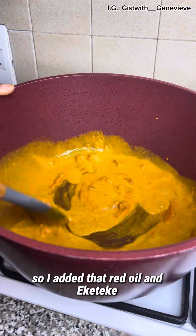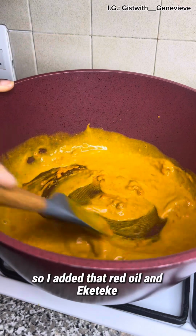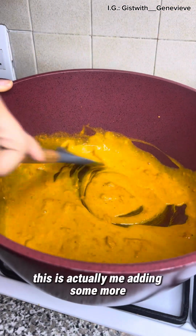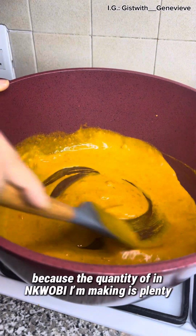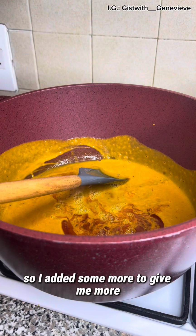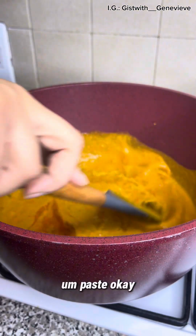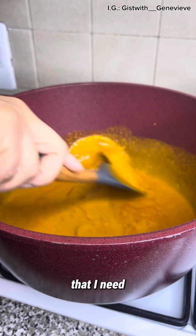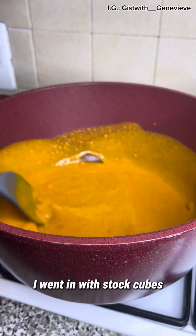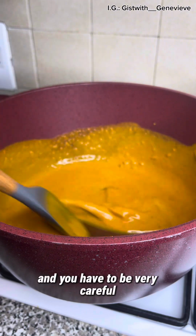So I added that red oil, Eketeke, and then I added potash. This is actually me adding some more because the quantity of NKWOBI I'm making is plenty. So I added some more to give me more paste that I need. So after mixing this properly and making sure there are no lumps, I went in with stock cubes, and you